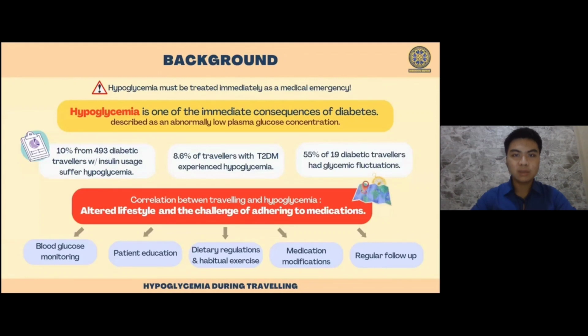Among diabetes patients, travelers are classified as vulnerable to hypoglycemia because of altered lifestyles during traveling and careless offering of medication. Considering the risk and tendency of travelers with diabetes to experience hypoglycemia, there is a need for a study that provides detailed information about hypoglycemia during traveling, which will be beneficial in reducing the chance of worsening conditions of patients with diabetes. That's all from me, and thank you.